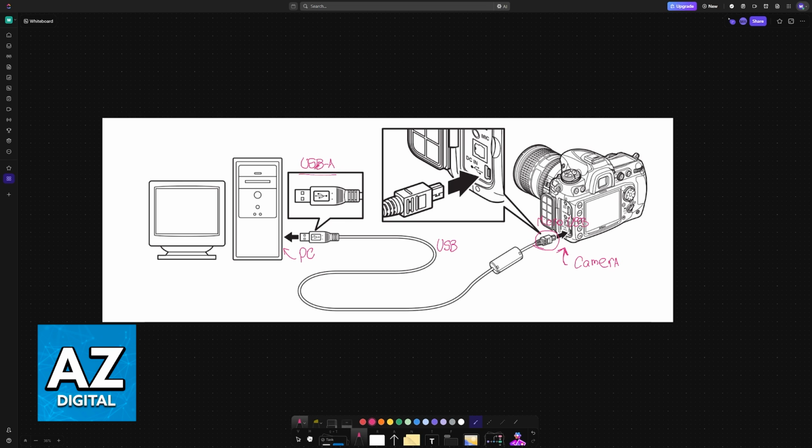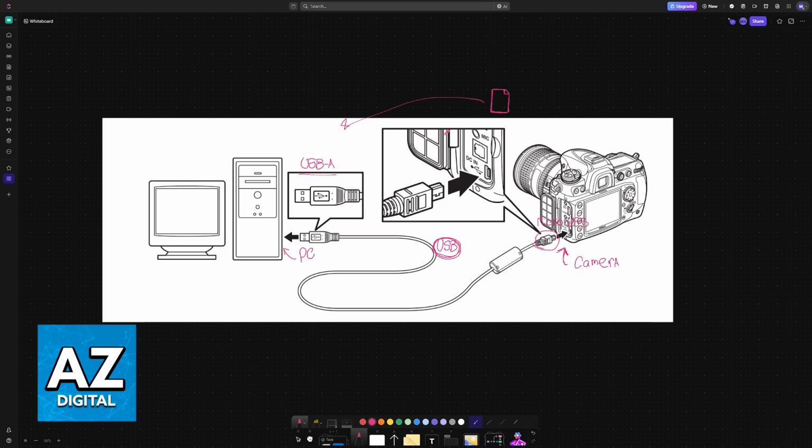But like I said, you might also have other options such as USB-C to USB-C, USB to micro USB, or USB-A to USB-C. It doesn't matter how this connection is being established. As long as you have a USB cable to connect the PC to the camera, you will be good to go. This will allow you to transfer any photos that you have on the camera's storage to your PC. You can copy them, you can transfer them over, whatever you prefer, and it is extremely simple to do.